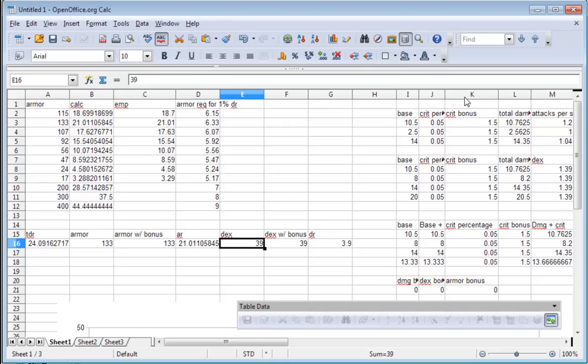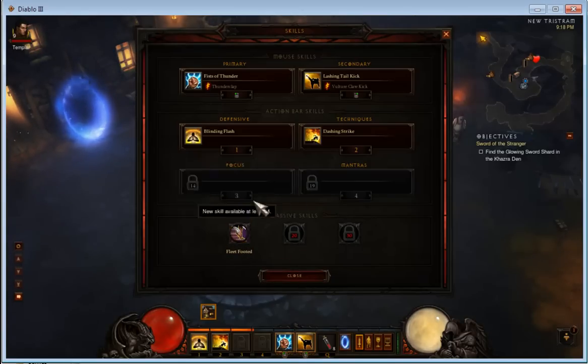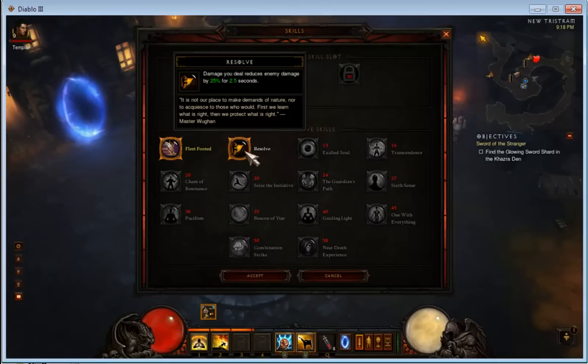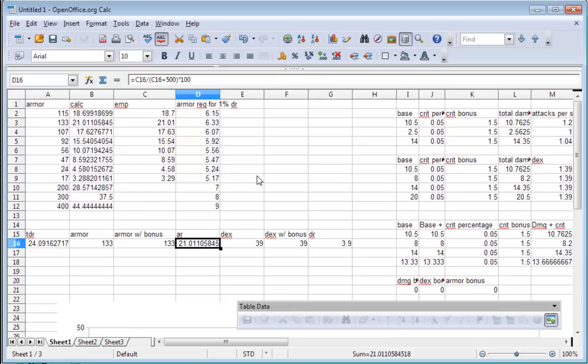Actually, I'm just now thinking about this, and this might be wrong, but not linearly, but geometrically. If damage reduction stacked linearly, like for example, if I have this skill here, 25% damage reduction for 2.5 seconds, then I could probably get to 100% damage reduction very quickly. Probably doesn't stack linearly, and I looked it up in the forums online, and they mentioned that this damage reduction